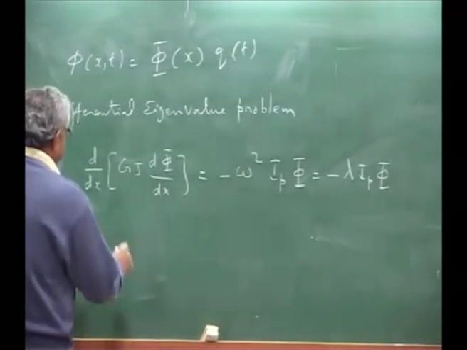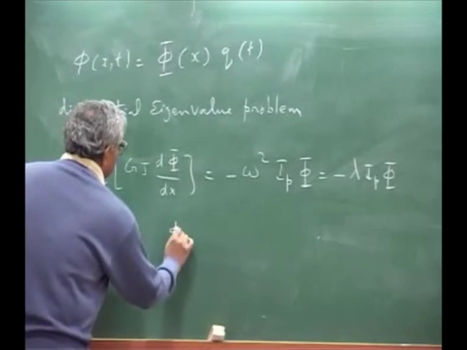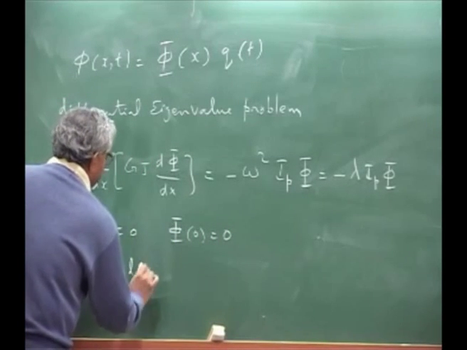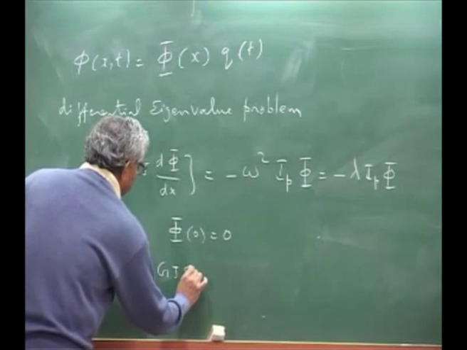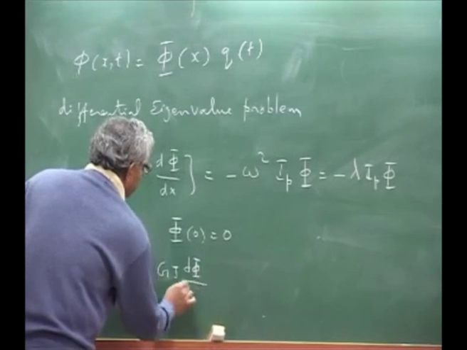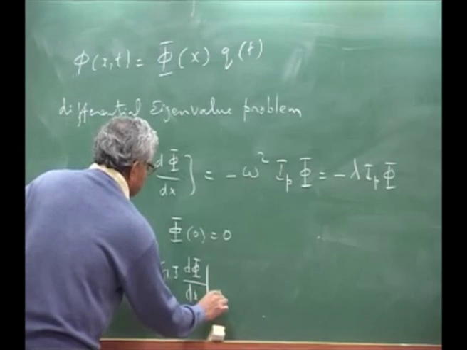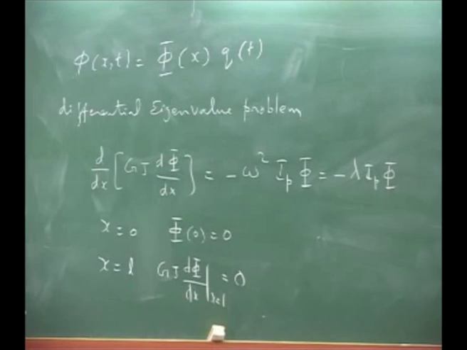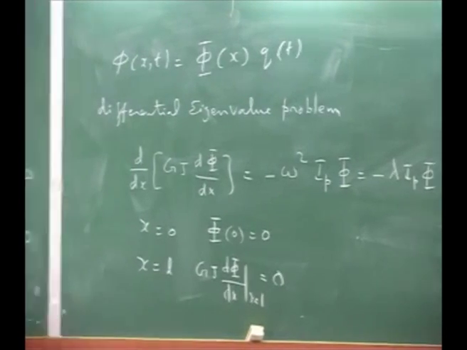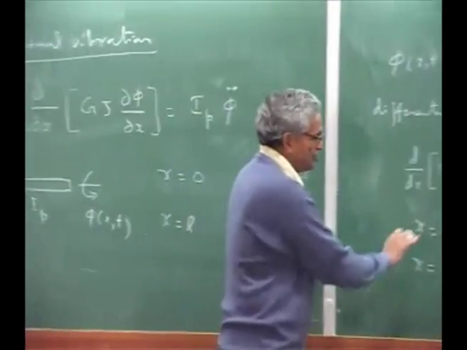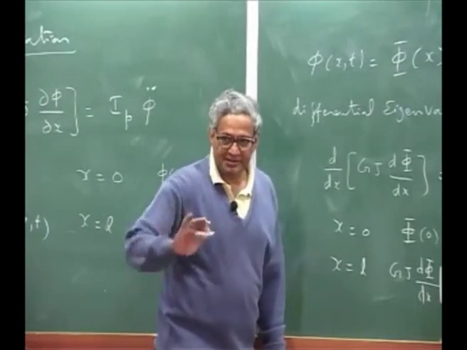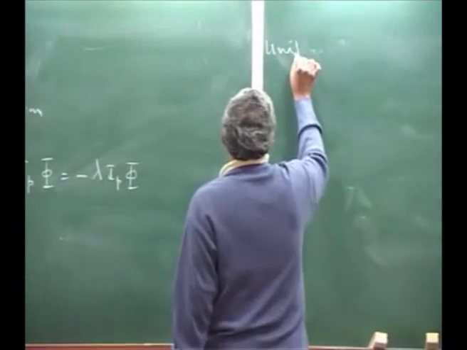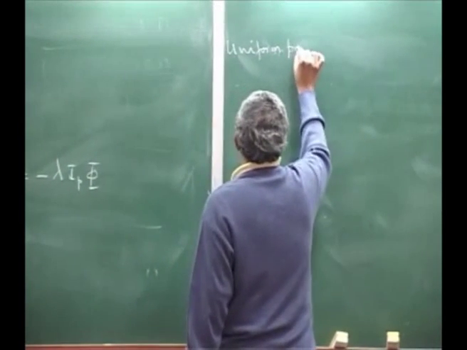with the boundary conditions: at x equals 0, P(0) is 0, and at x equals L, you will have GJ d phi by dx at x equals L equal to 0. So that is a fixed end, this is the free end. Now if I assume GJ, I_p, everything is constant, that is uniform properties,